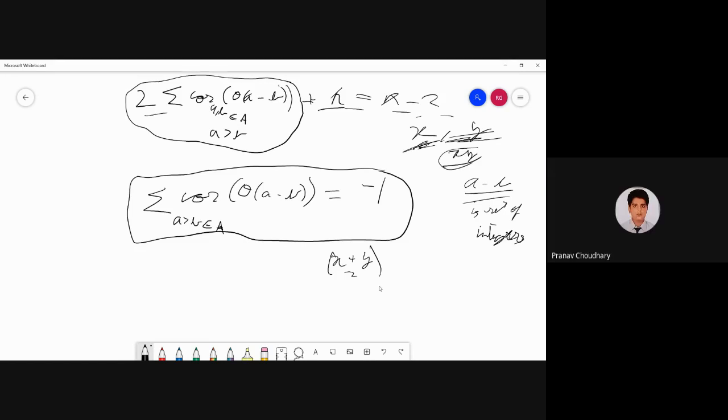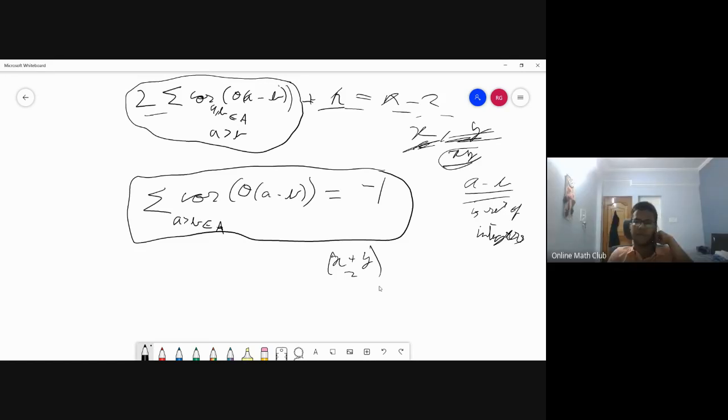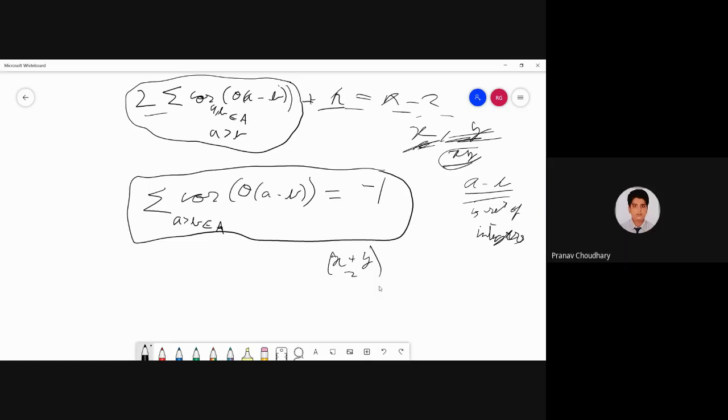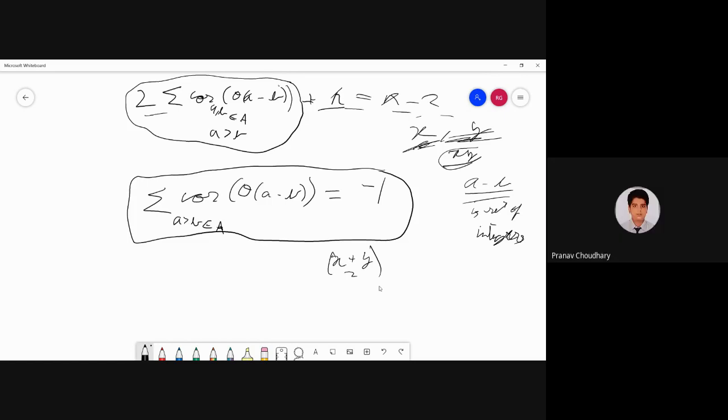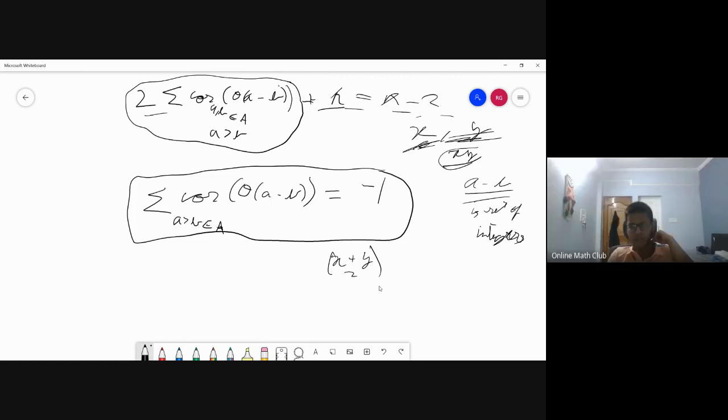Like, so if a minus b is zero, cos of pi, cos 0 is 1, that's the same problem. What's the issue? I don't see it. Cos 0 is 1. Oh, okay. So in that case, just consider 0 and pi then. 0 and pi does not help us either.